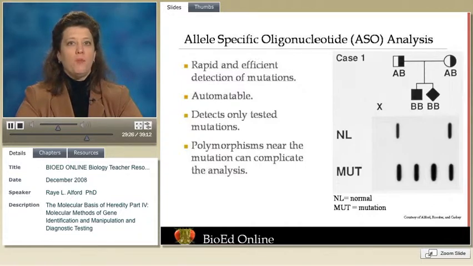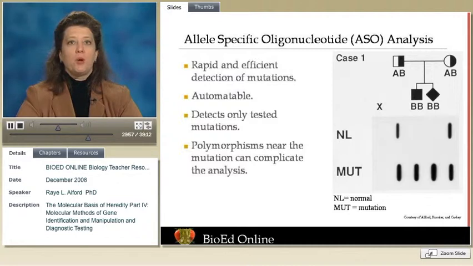Another common problem with ASO is polymorphic sequences that occur near the sequence variation that is being sought. If these polymorphisms interfere with probe binding, false positive or false negative results can be obtained. In these cases, special consideration must be given to probe design to avoid errors in interpretation of an ASO test result. The image on the slide shows the ASO analysis of a mutation in the CFTR gene